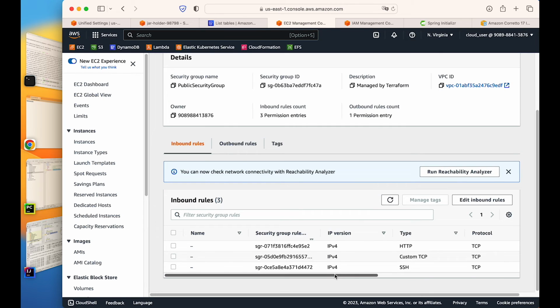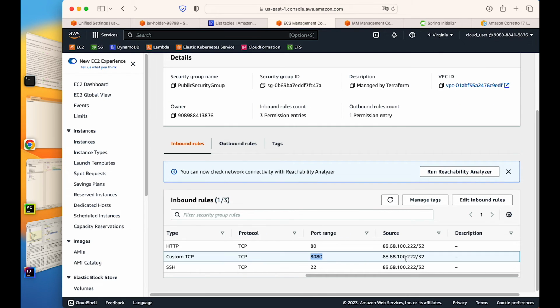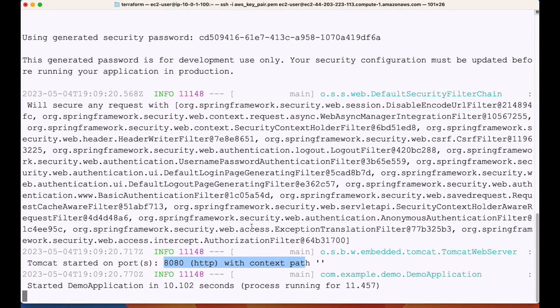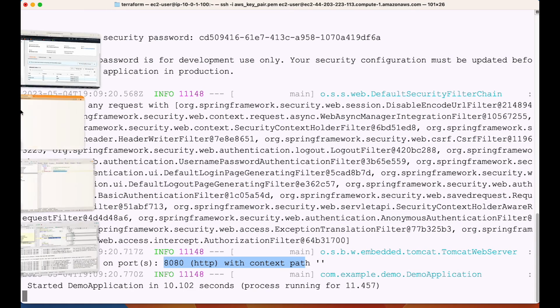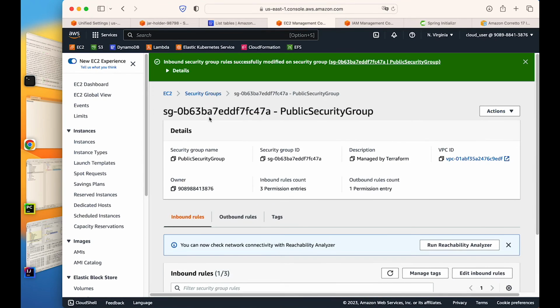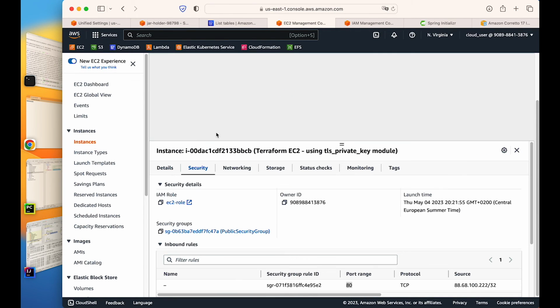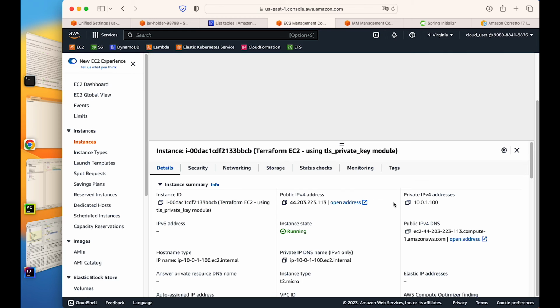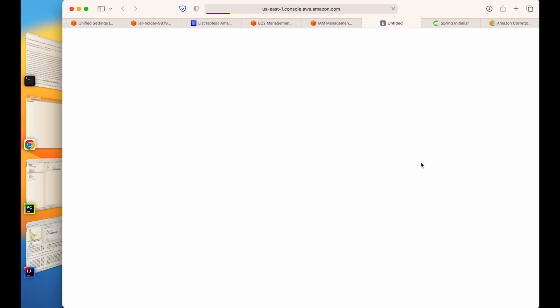So right now, port 8080 is open only for my IP. Now if everything works well, I should be able to access this application with the EC2 URL that is provided here. Where is the EC2 URL? Now if I go back to EC2 instances and details, I will be able to open the address, this one. So if I click on open address,